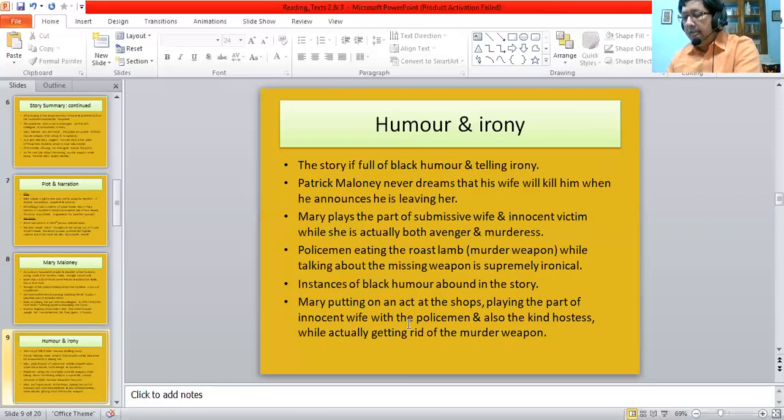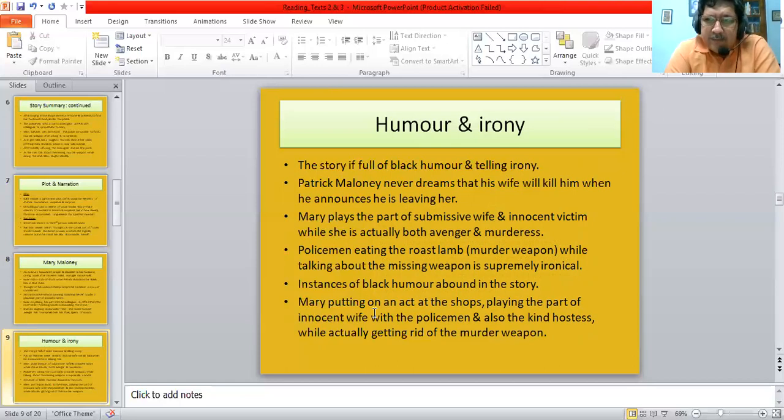So they say, "Whoever done it, they're not going to be carrying a thing like that around with them longer than they need. Personally, I think it's right here on the premises, probably right under our very noses. What do you think, Jack?" And in the other room, Mary Maloney began to giggle. Yes, it is right in that very room, and it is right under their very noses. But they are unaware of it. And therein lies the irony and the black humor in the story.